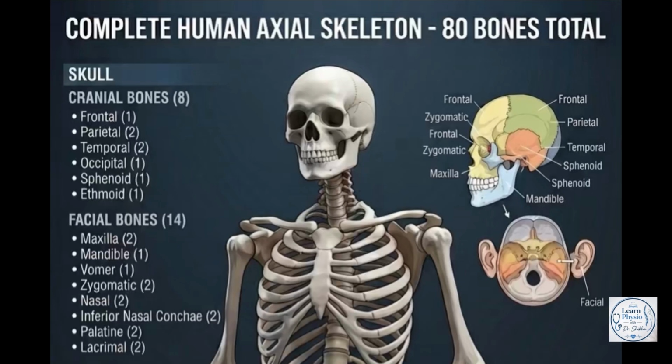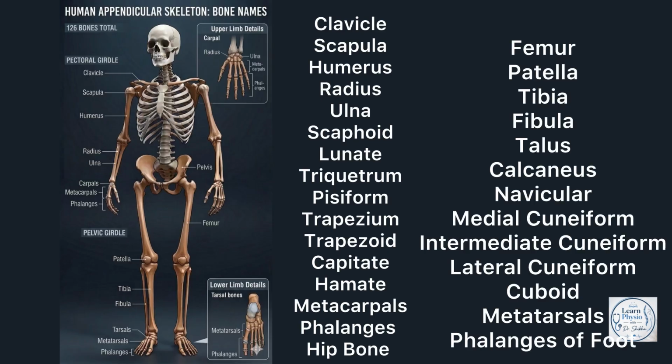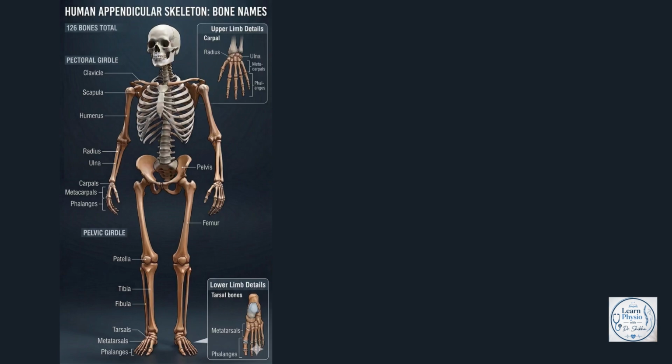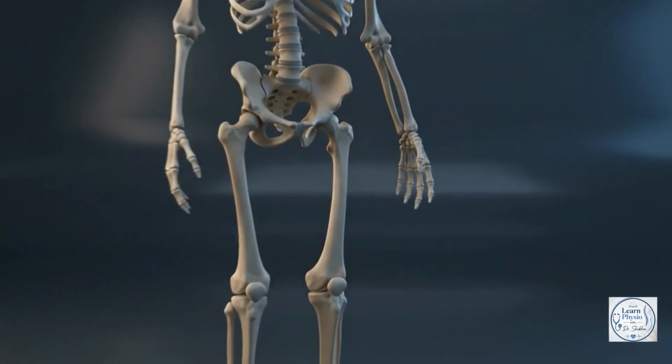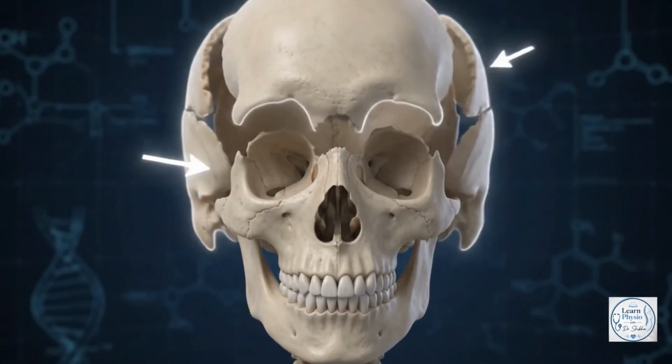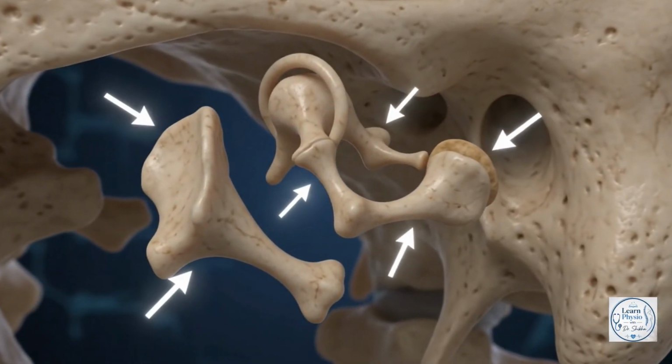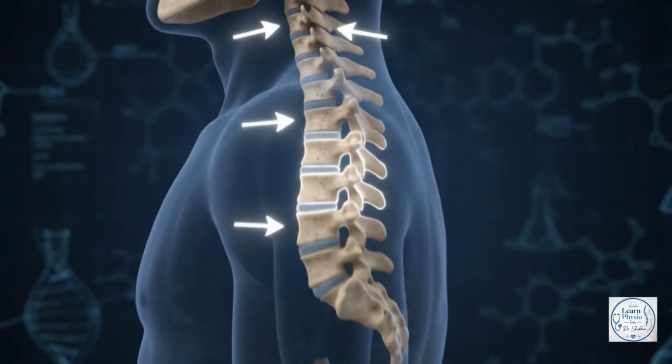Now the division of skeleton system. Skeletal system is divided into axial, 80 bones, and appendicular, 126 bones. Now first talk about axial skeleton. It lies in midline, a trunk part of the body. Skull consists of cranium, face, hyoid, and auditory ossicle.